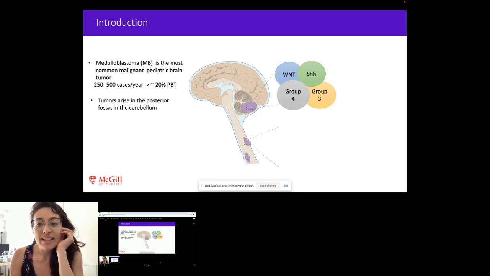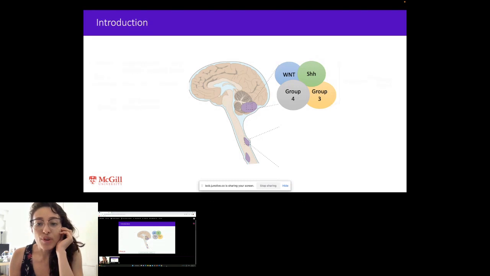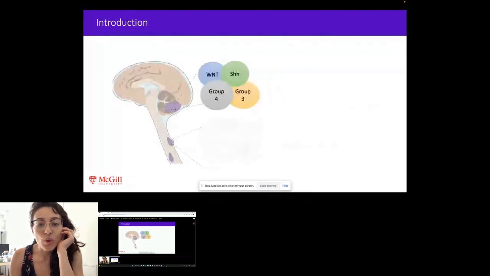And even when we have identified these main subgroups, more robust sequencing technology analyses have identified that within these four subgroups, so far a total of 12 subtypes have been identified. And as I said, each of them will have an implication for the malignancy and outcome for the patients. So of these molecular subgroups, the most aggressive is group 3. So I'm going to mention a little bit about this.